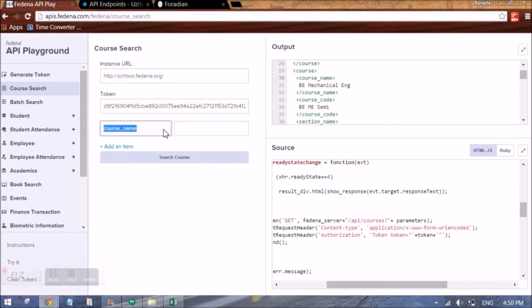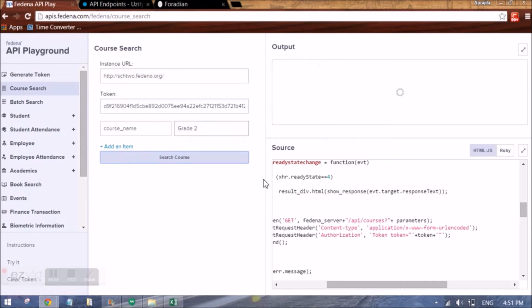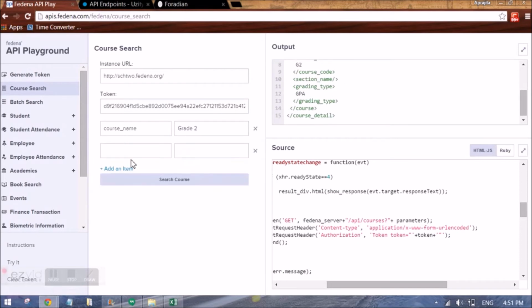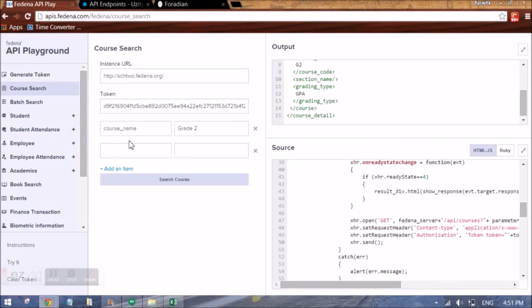So this is what I'll be mentioning here, and if I want to see the value, I'll be searching on that value. So I already have grade 2 in this URL, so I'll be searching it and I'll be getting the details like this. We can search one or more items here. So again, I can mention the course name and search another grade which will be coming here. And of course, the code changes as and when you make a change here.